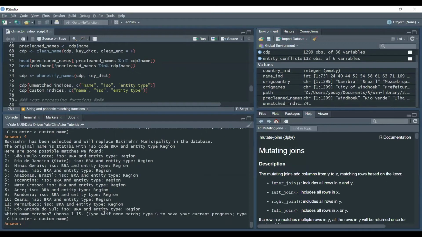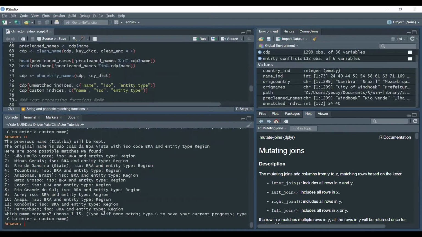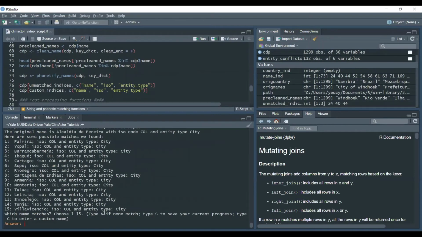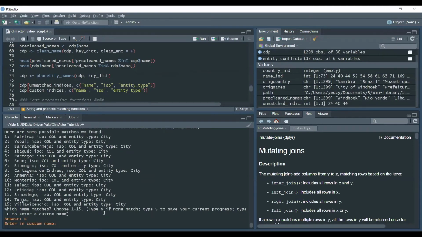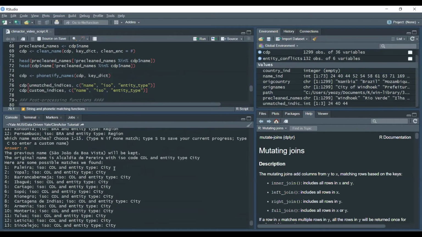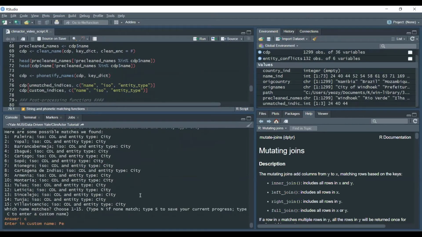And then in this case, again, there is no match. We'll just clean a few names so that we can get a sense of what the flow of this function is like. In this case, we see that there is no exact match, but we can input a custom name. So if we just input the name Pereira,